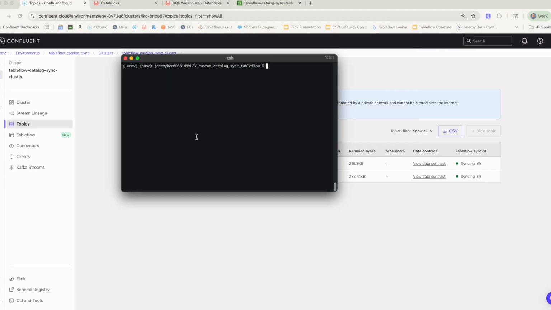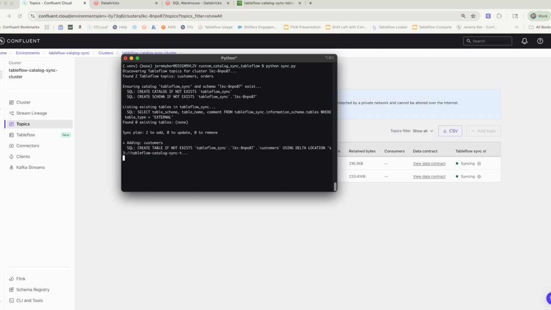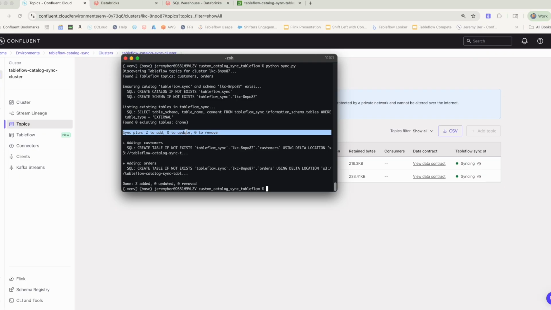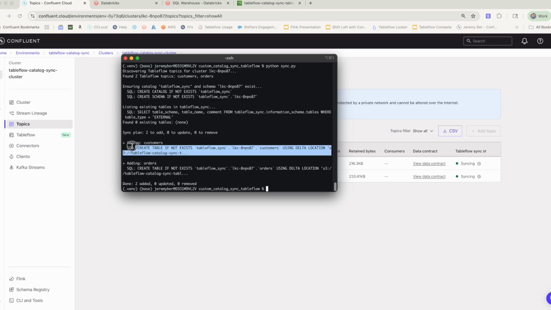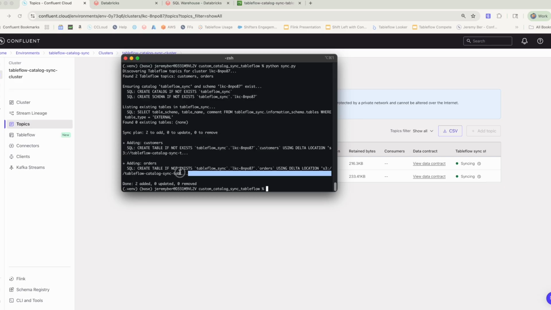So in order to run this, I would just write python sync.py. And it's checking the tables that are in my Tableflow catalog, if they exist on Unity Catalog. And then it says, okay, we've got two tables that haven't been registered yet. And then it runs these following SQL commands using the warehouse in order to create these tables using an external